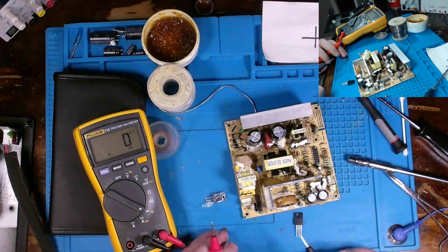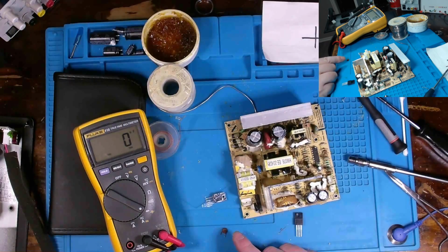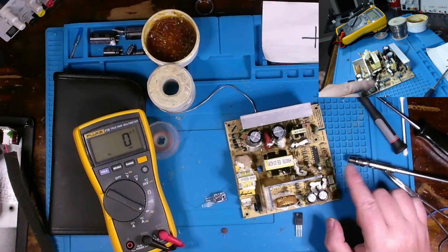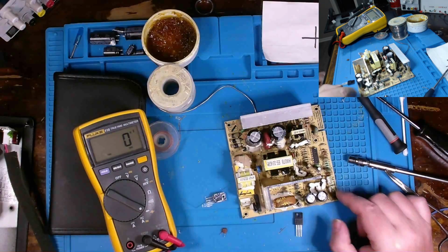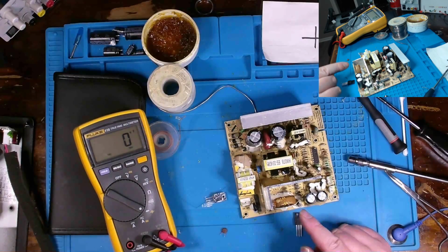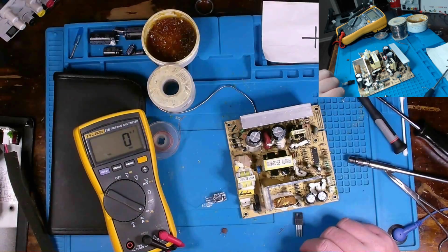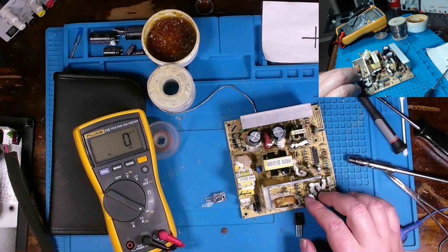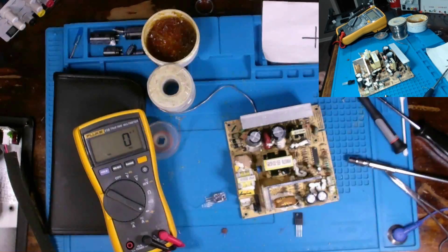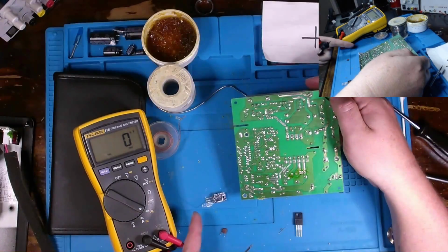But we're also going to have to, because I am now unsure if these are the issue for no output, we're going to replace them, but now I'm going to have to troubleshoot the board some more because I'm feeling like there's something else amiss here. So why was that shorted over here? Well,